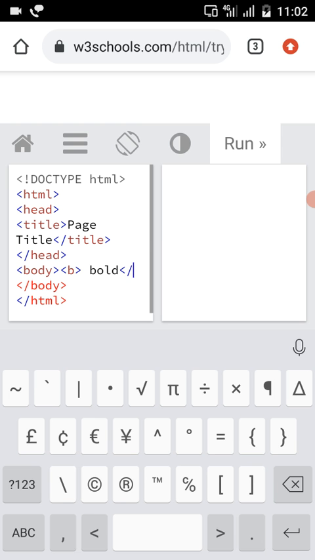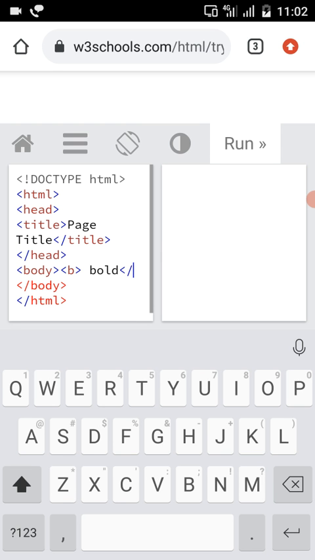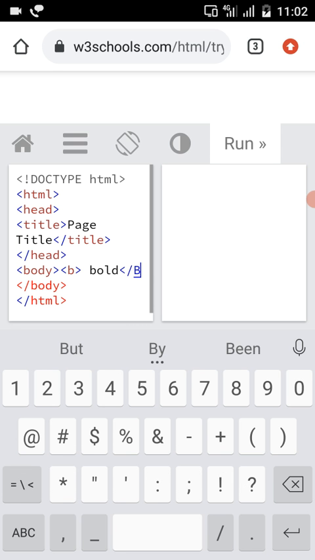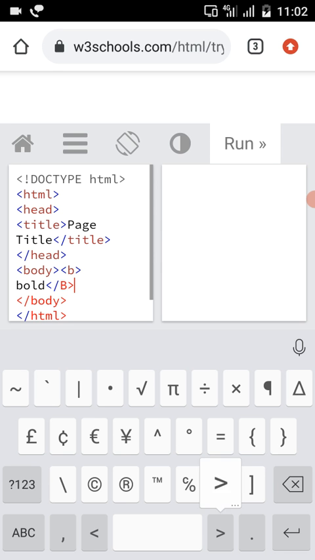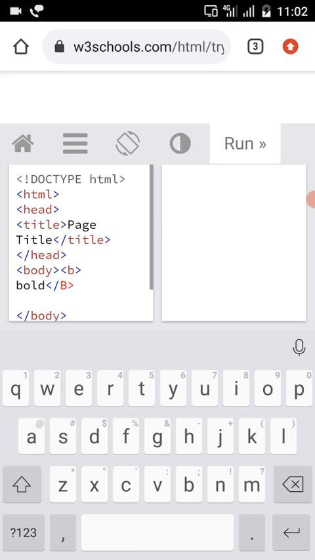Here B is a paired tag. You have to use both opening and closing tags to represent a text in bold. And in HTML rules, we already discussed that HTML tags are not case sensitive.